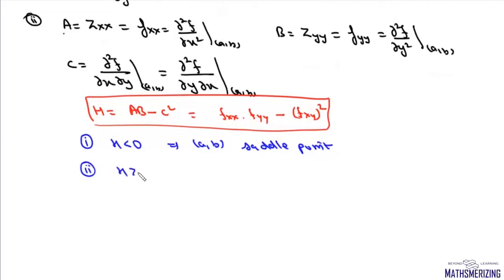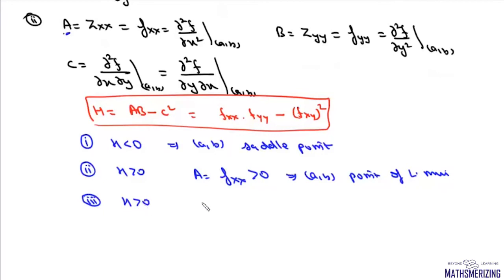Now if h is greater than 0, then we look at the sign of a, which is fxx. If it is positive, then this point (a, b) is a point of local minima. If h is greater than 0 and a is less than 0, then (a, b) is a point of local maxima, and if h is equal to 0,